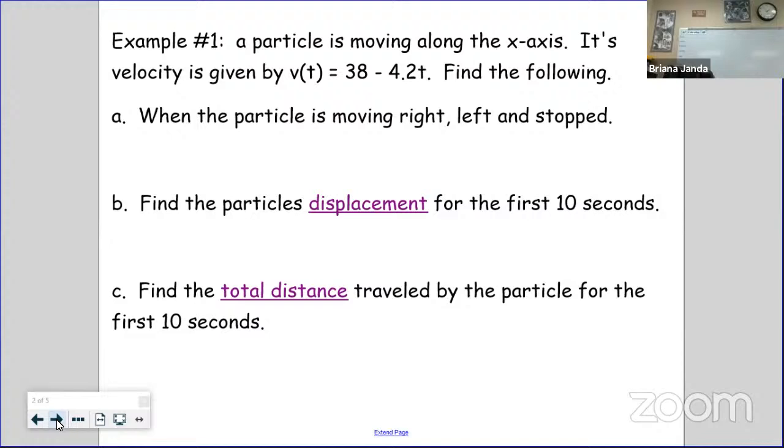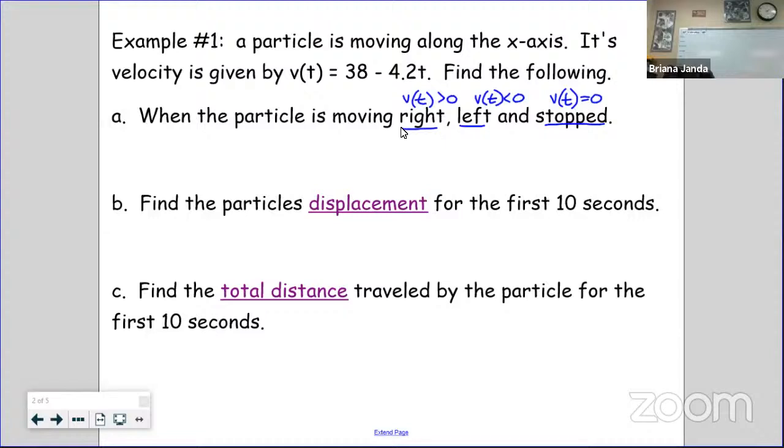So as we look at this, again, how does our particle motion compare to our velocity? When is it moving right? That would be when is our velocity function positive. When is it moving left? When is our velocity function negative? And when is it stopped? When is our velocity function equal to 0? And we can kind of start at that last one